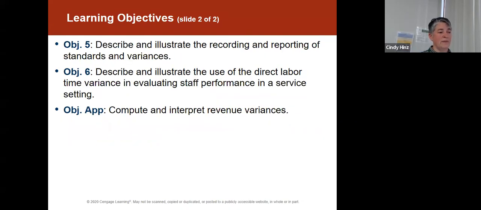direct materials, direct labor, and overhead. And then at the end of the chapter, we'll be looking at how we can use this for a service organization. We do that in many of our chapters. So how does what we're learning here relating to manufacturing apply to a non-manufacturing entity as well? You can see that there is an appendix for this chapter, and as always,